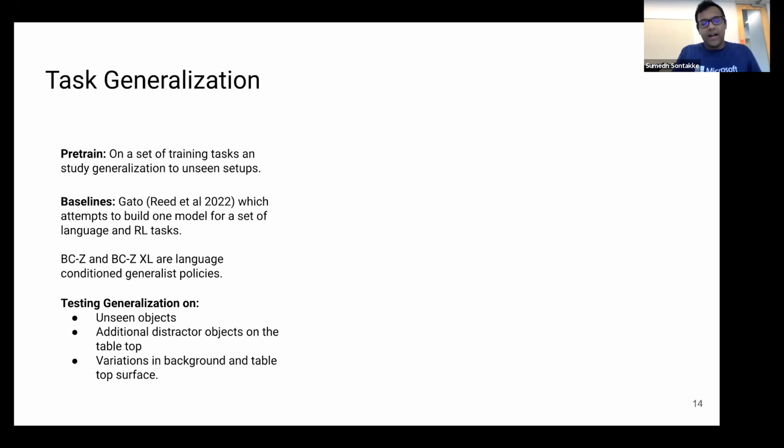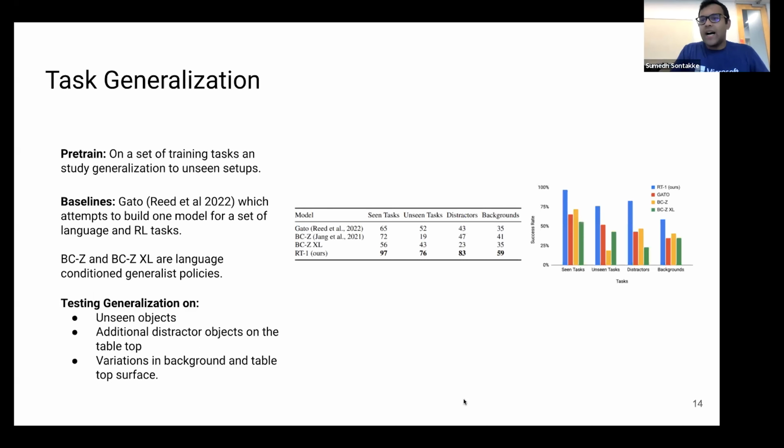And finally, a somewhat harder generalization problem, which is being able to generalize regardless of the background and the tabletop surfaces. So if you change the layout of the tabletop, or if you change what the background looks like, is the model still robust to these variations? And we find that RT1 is actually somewhat robust to these distractions and to these